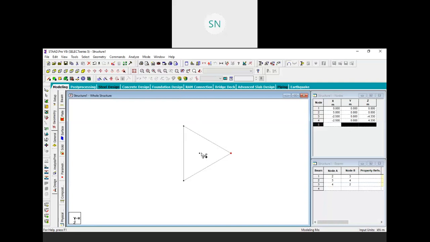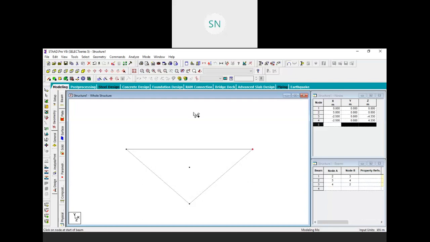Now we want one more plane, one more point at some height from this center. So again, I am going to isometric view. Now I want to create one point exactly on the top of this point, for example, at 6 meter height. On this point, this is our origin.